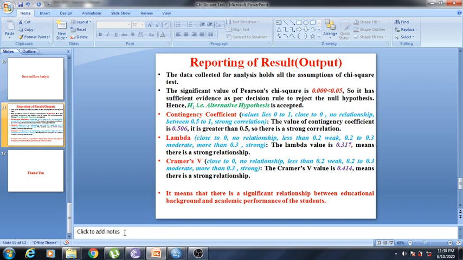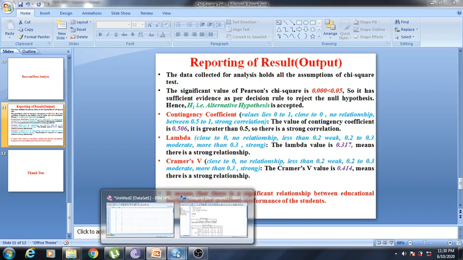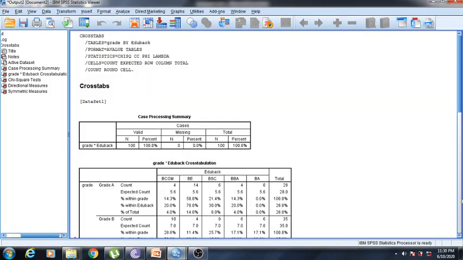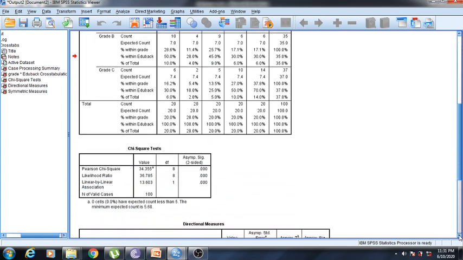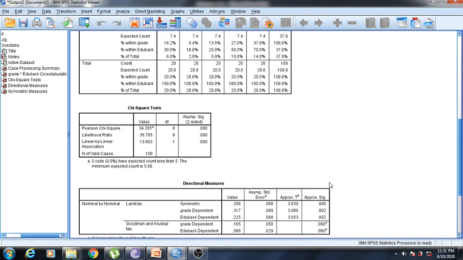There is one assumption I forgot to show you, that is the expected frequency. Expected frequency should not be less than 5. You can see in the chi-square test table, 0 cells, so 0.0% have expected count less than 5.